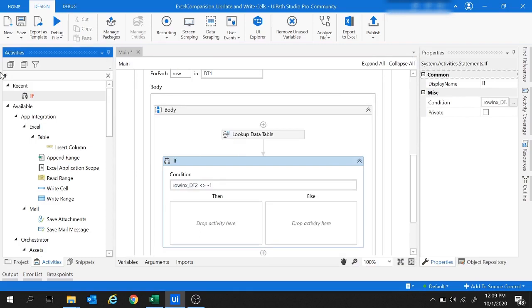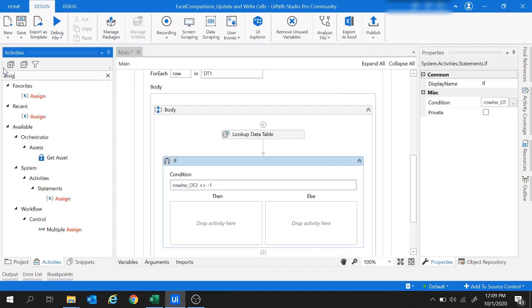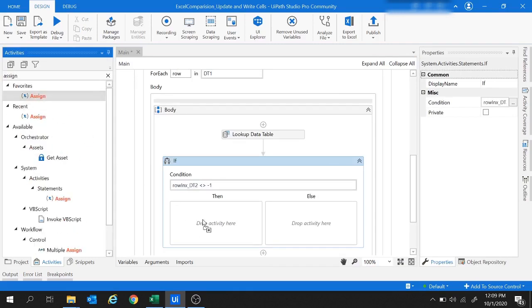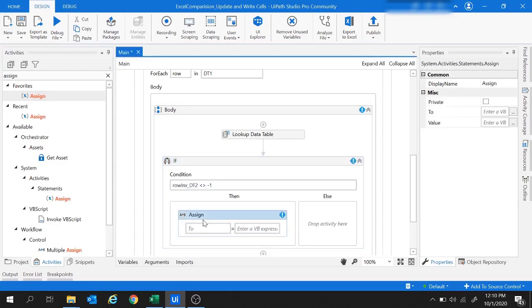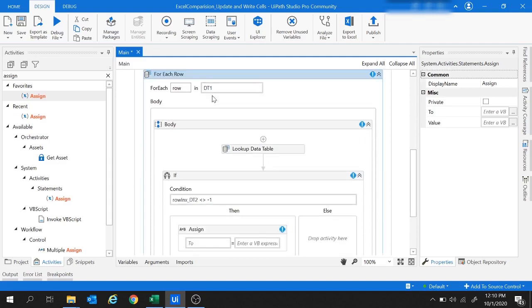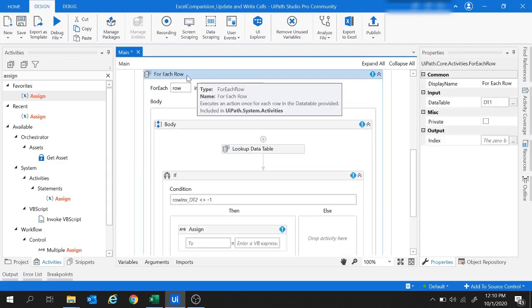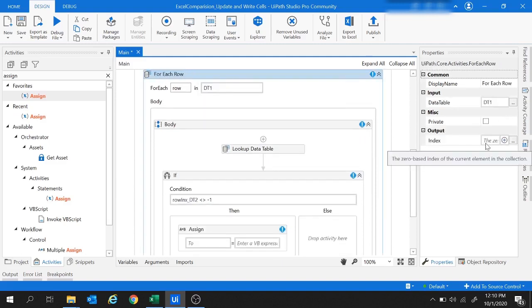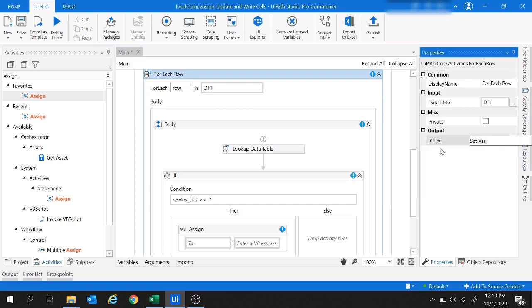So for that, I'm going to use the assign activity here. And before providing any values here, I'm going to create one more variable inside for each row. Here I'm going to create an index variable which will track the row index from the data table DT1. So create a variable here, and let's give the name as row index DT1.